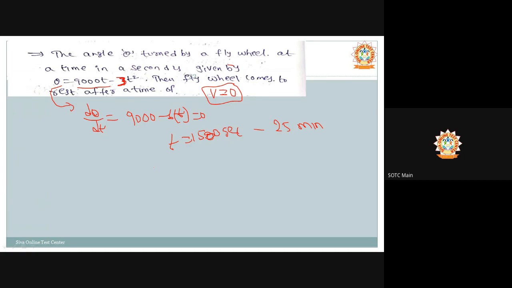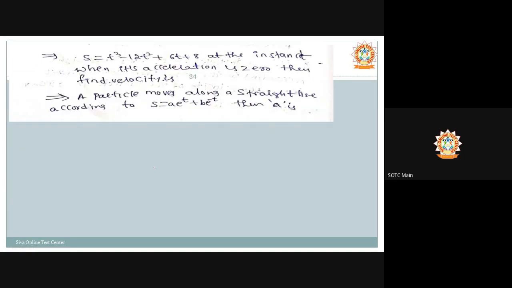Okay. So let us move to the next question. If s is equal to t cube minus 12t square plus 60 plus 8 at the instant when its acceleration is 0, then find the